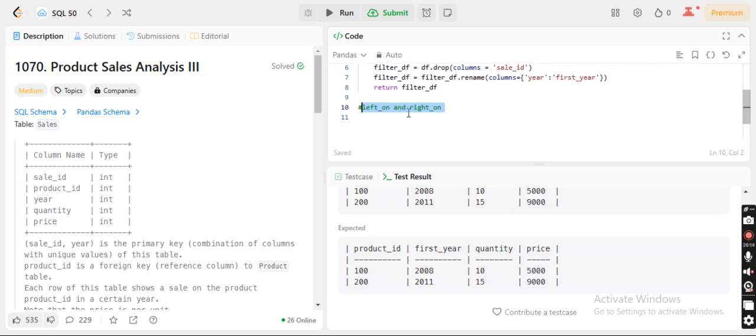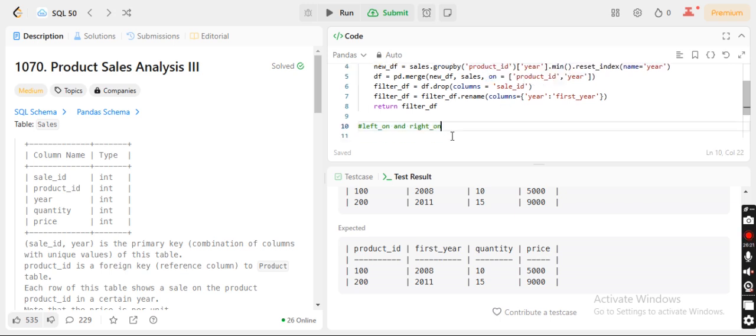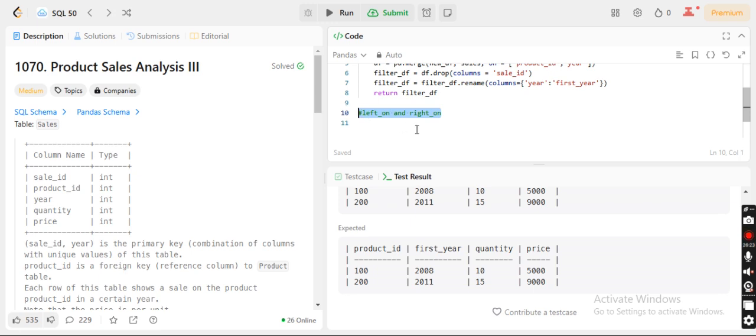This will be actually impactful because in some questions this part will not work. You do have to use left on and right on. So you can just try that. Hope you have enjoyed this question.